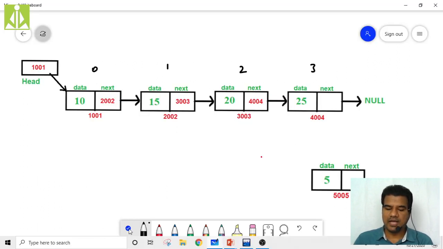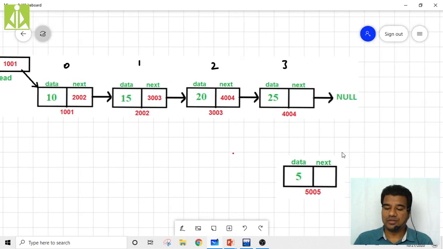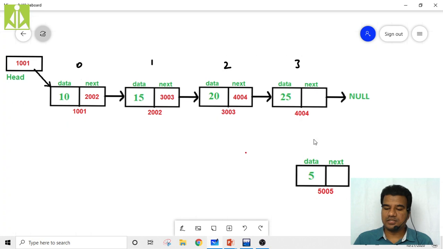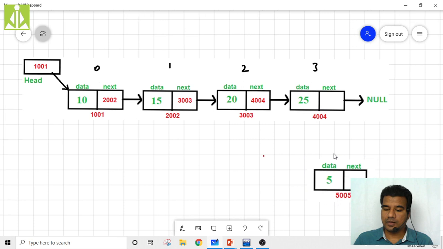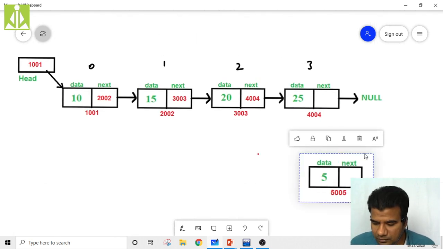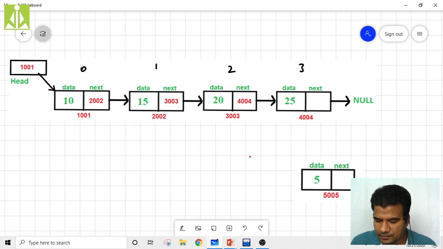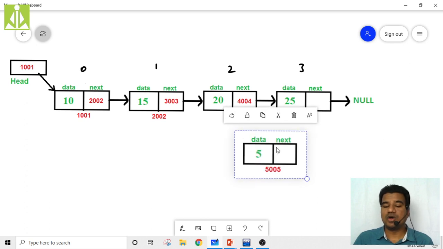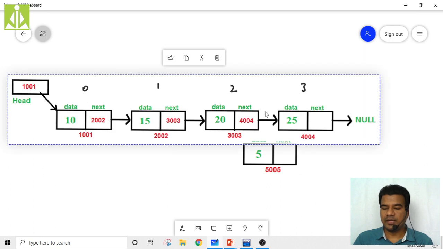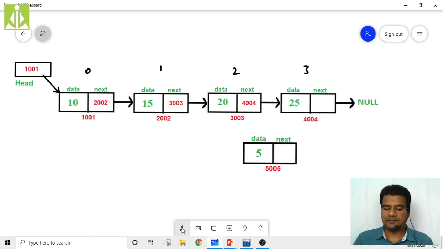As you can see over here, I have the new node, and I want this node to be inserted after this, what we call 2. So I'm keeping it over here, in between these two. Okay, I want my node over here. So what I have to do,